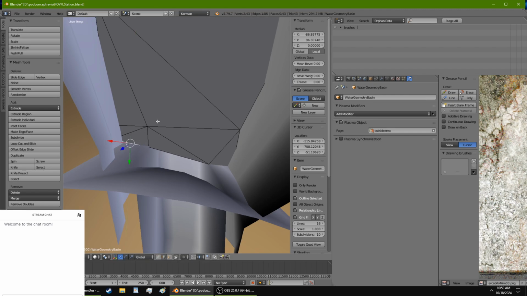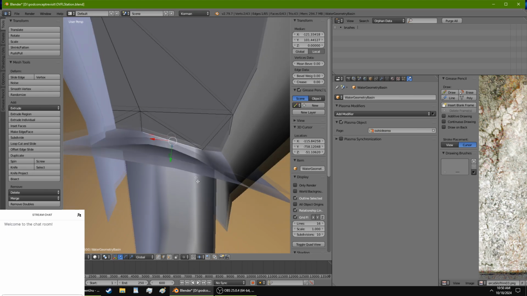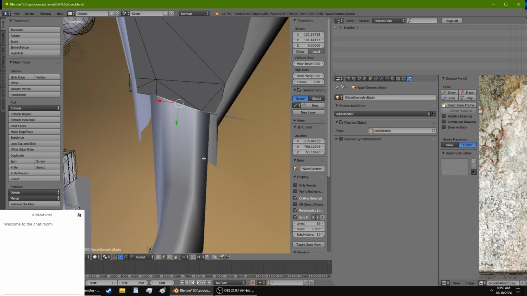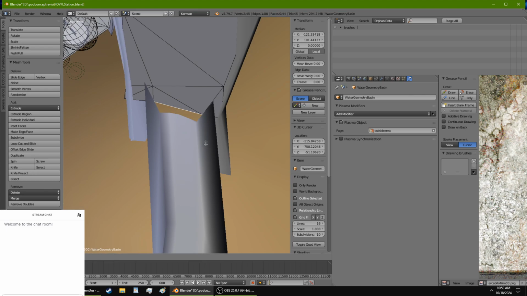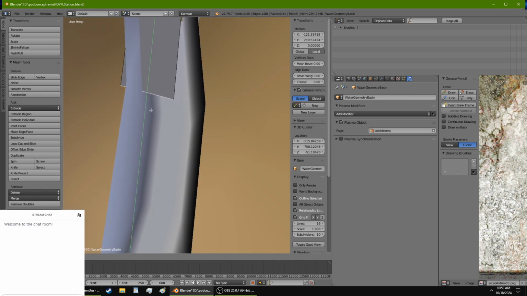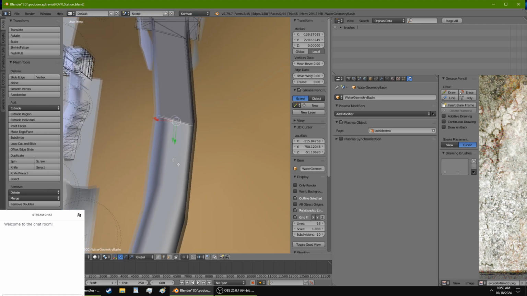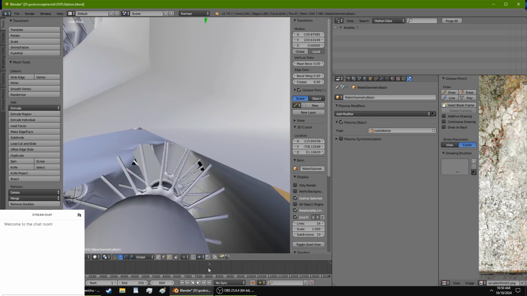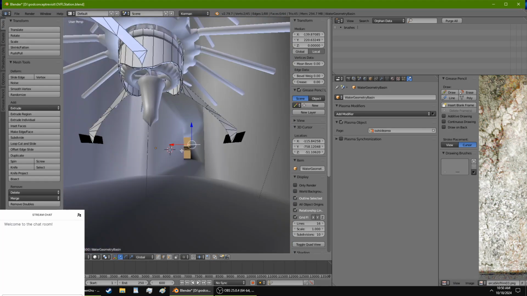And now I don't need to be too exact on this because people aren't supposed to be in here, but I'm going to be prepared just in case people are. We're going to hit extrude. We're going to pull this along about here. We're going to pull this along, get that lined up. Again, I don't need to make this too exact for in here, but since this is going to come along into here,